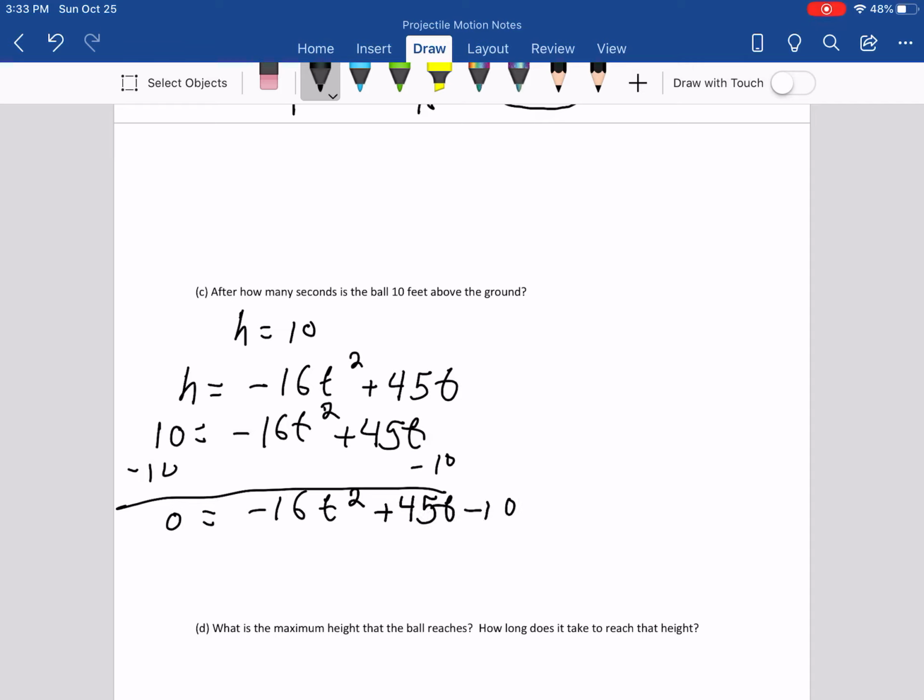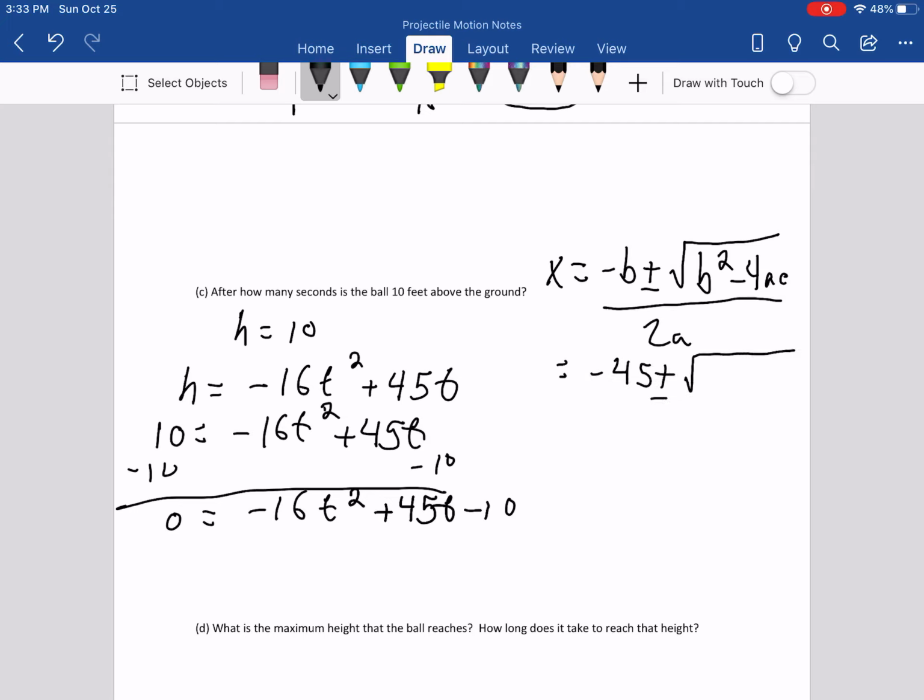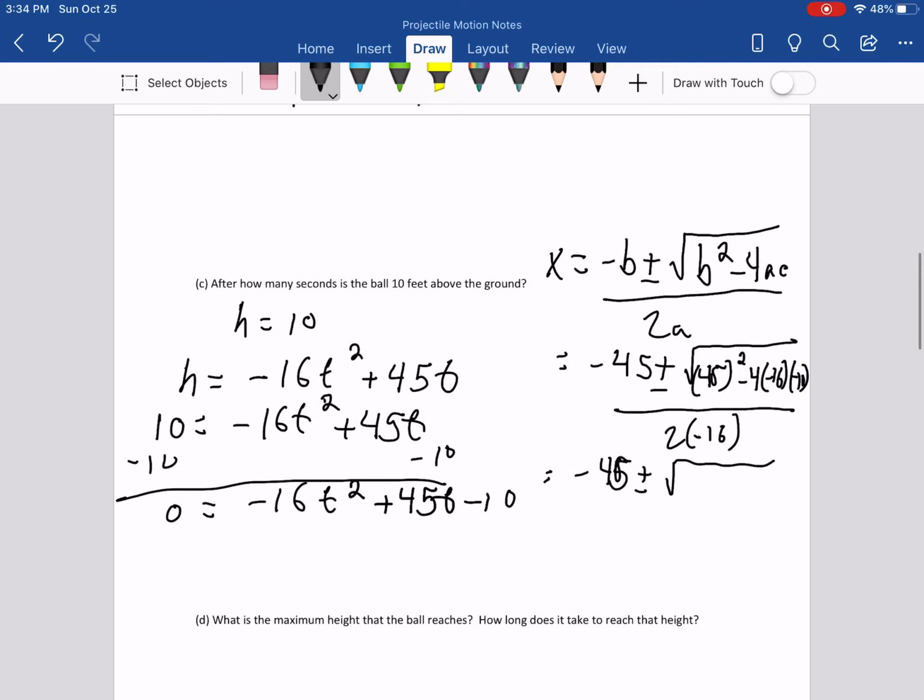Okay, and we don't want to try to factor this. Let's put this in the quadratic formula. So quadratic formula, x equals negative b plus or minus square root b squared minus 4ac over 2a. So that would be negative 45 plus or minus square root of 45 squared minus 4 times negative 16 times negative 10 over 2 times negative 16. So that's negative 45 plus or minus square root of,